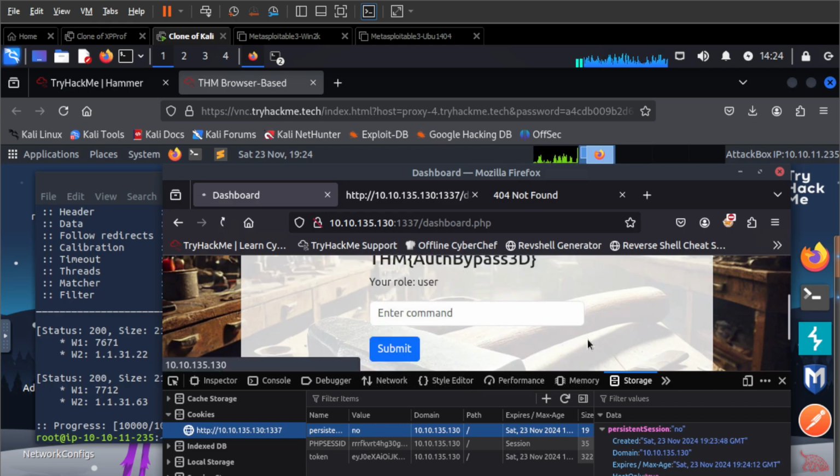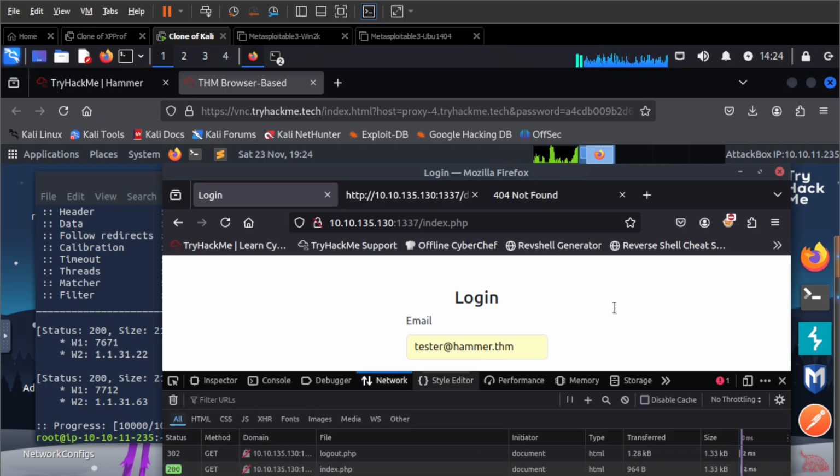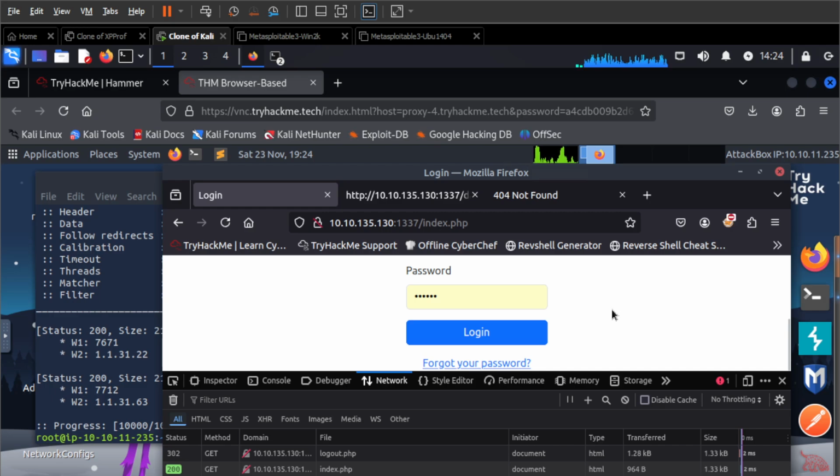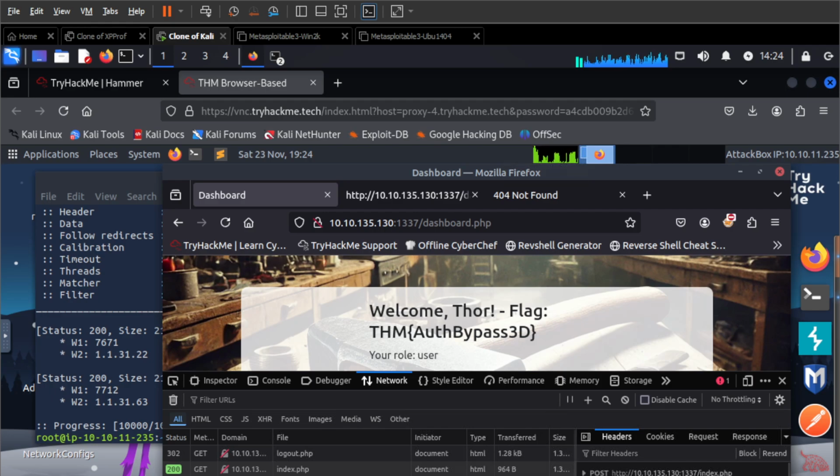And we can do this much more easily. What I will do is go here again and change this to persist the logs, and then I will log in. I want to do this because I want to see the request that is sent for login. So this is a post request to index.php, and the request has this data. Let's copy this data,